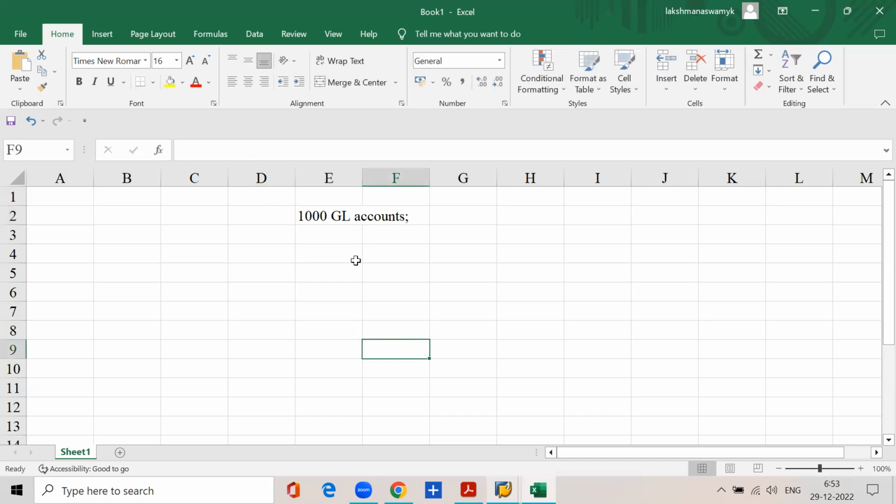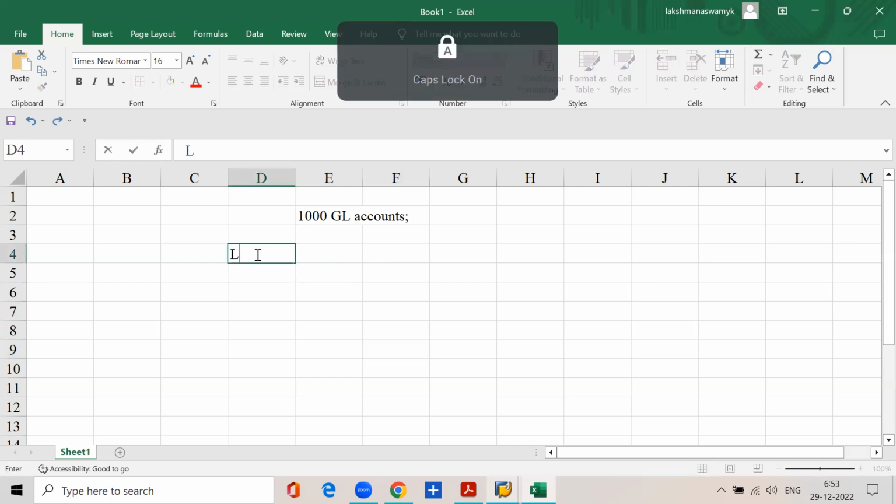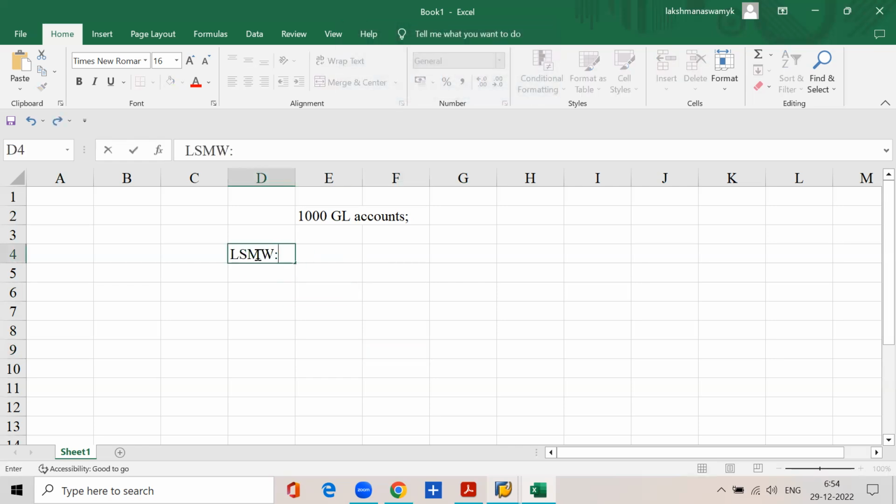Now, if you use the two methods I told you, you have to use the FS00 transaction code 1,000 times, which is very time consuming. And during the process, we may forget to create some GL accounts. In that case, what do we do? In real time, there is one tool, LSMW,